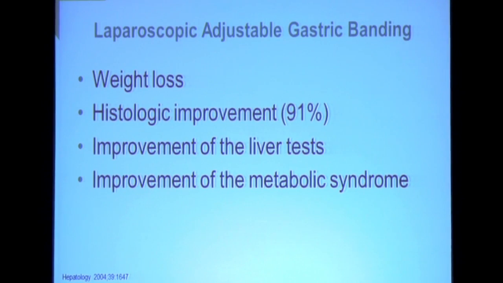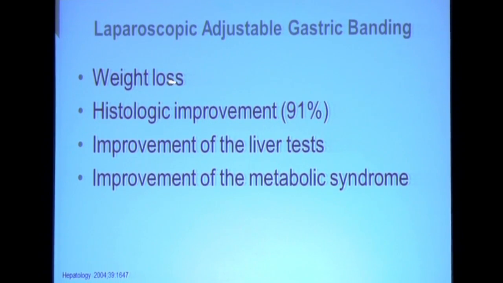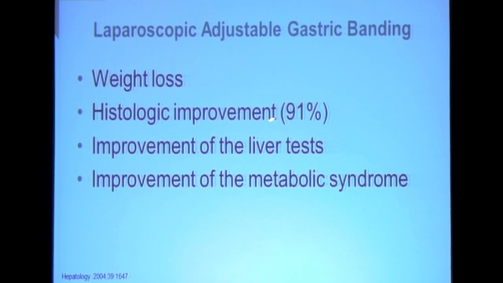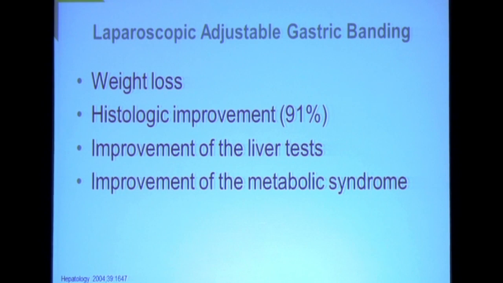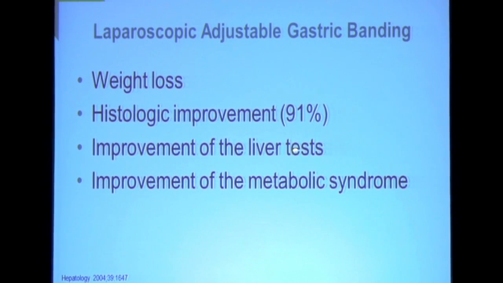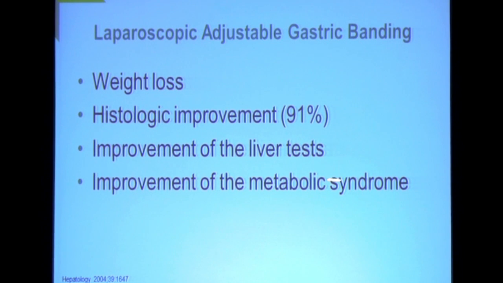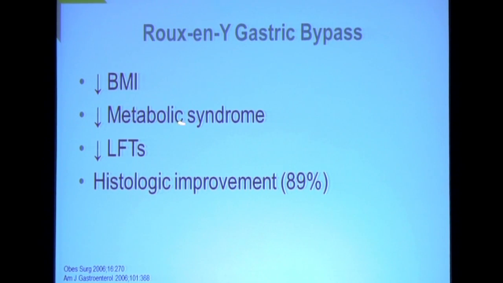So you'll see amazing results with bariatric surgery compared with pharmacologic therapy. Weight loss is very common. Histologic improvement in 91% of the patients. Also improvement in liver tests, and more important, improvement of the metabolic syndrome. In another study of patients undergoing Roux-en-Y gastric bypass, again, BMI went down, metabolic syndrome components subsided, or some of them disappeared, with improvement in the liver tests and histologic improvement in 89%. This is really